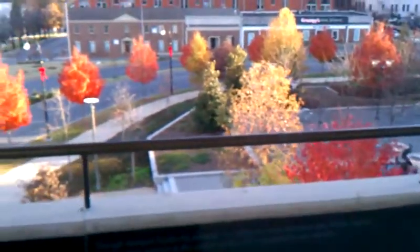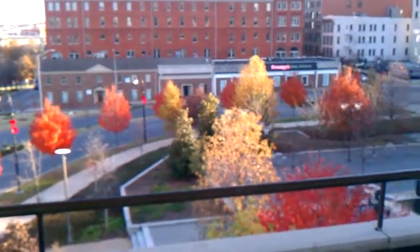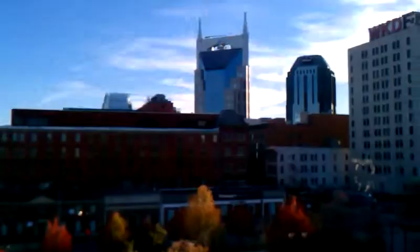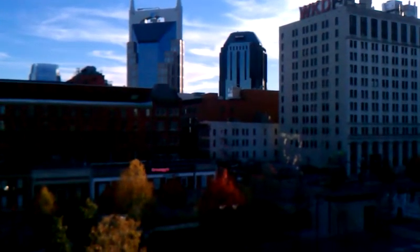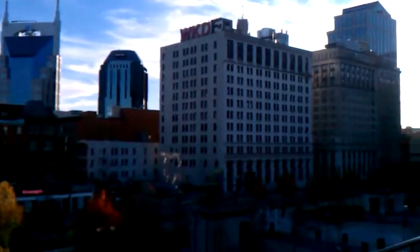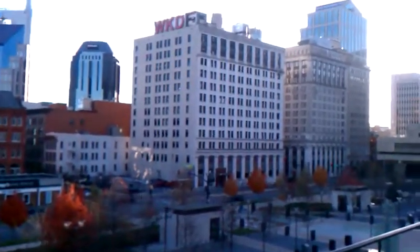And as you see those top rails here on this view, if I'm going over, you get a view again of those nice fall trees. And then you see from this point of view, by the way, the skyline of our back tower with the USA building, USA Bank building, I might say, and the WKDF old office building. I'm not quite sure if they're still housing the radio station at the same spot, but you see it right there. And with this view, we're going down,